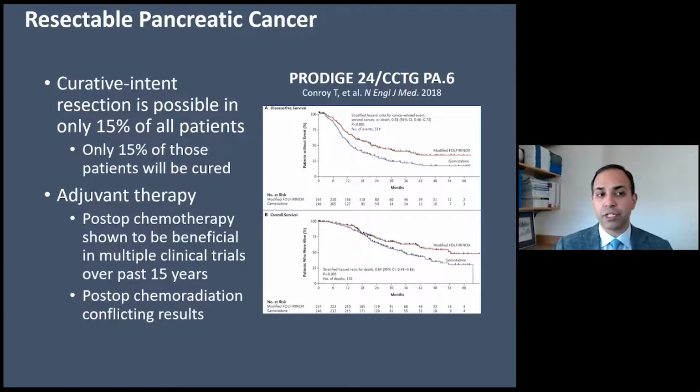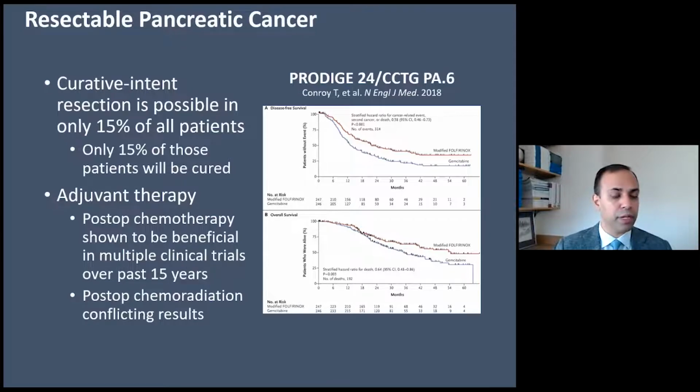Curative intent resection is only possible in 15% of patients who are diagnosed with pancreatic cancer, and only 15% of those patients who undergo surgery will be cured. There have been numerous trials over the last 15 years that have shown improvements in outcomes with postoperative chemotherapy,